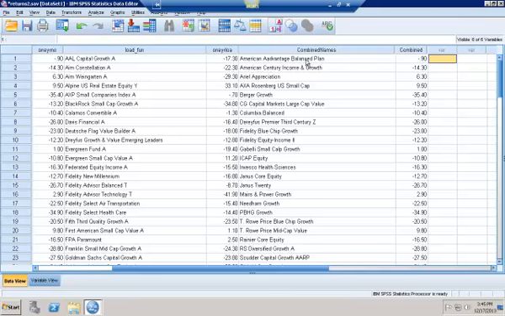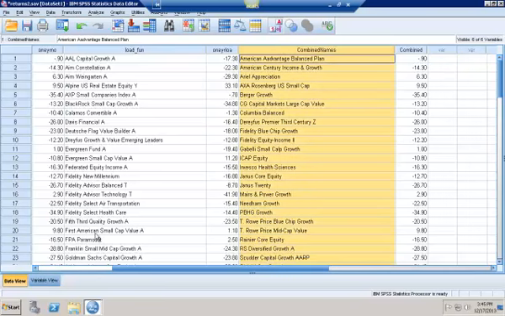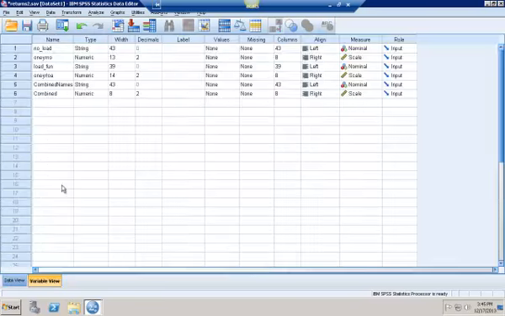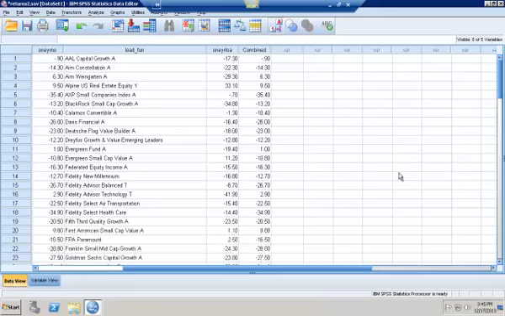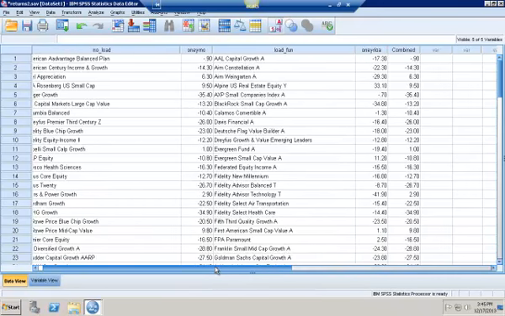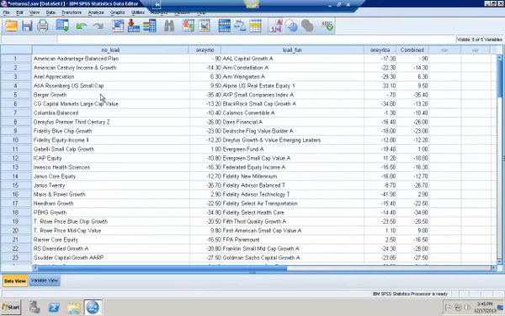So what I'm going to do, just for simplicity, I don't really need these combined names. So I'm going to go into this variable view down there, and I'm going to click on variable 5, and I'm just going to delete it. We don't need the combined names, so why look at them? And then I'll show you why I did that. So I'll scroll back up. I just have combined here. So that's the combined returns without names, and then I have them separated into the load and no load as